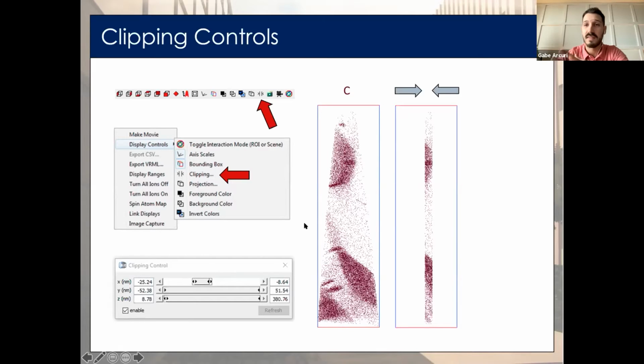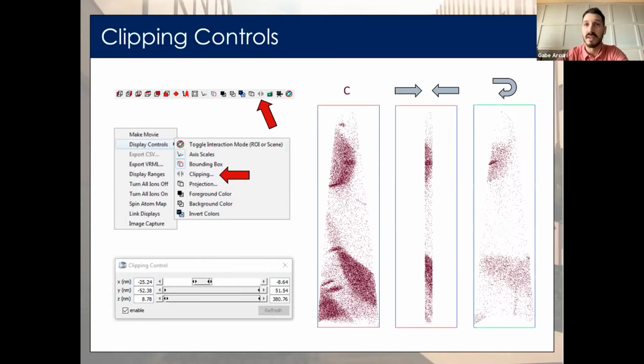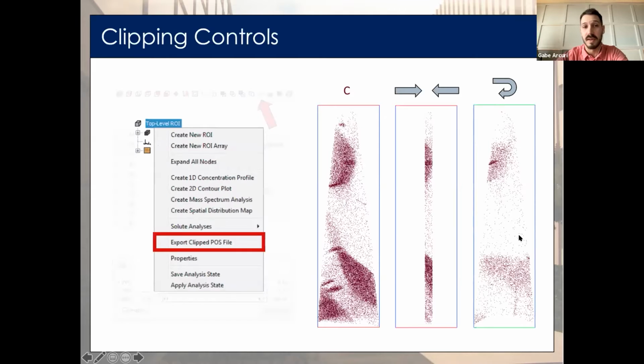Once I have this slice, I can then rotate my reconstruction and look at this cross-section head-on. What's nice is that I can export this clipping by right-clicking the top-level ROI in the left analysis window, and then clicking Export Clip File or POS File, and then I can analyze this sub-volume further.